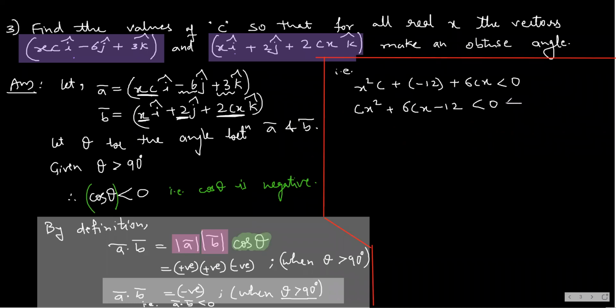Very good. Let me write this as 1. Now in this one thing I noticed that this is a quadratic. This is a quadratic inequality. Please, what is this? It is a quadratic inequality. Now, here's something all students have to remember, which many students don't know. I'll tell you.